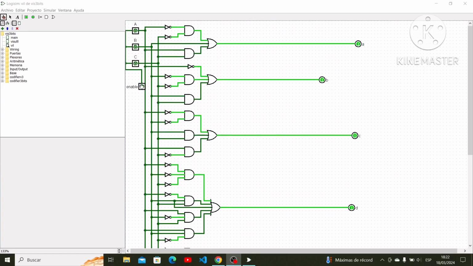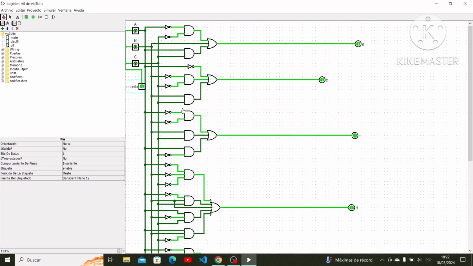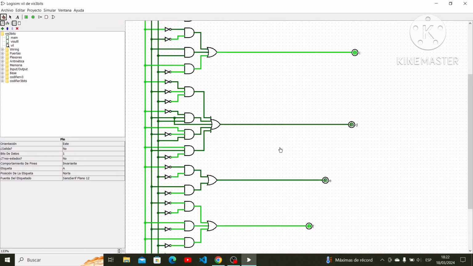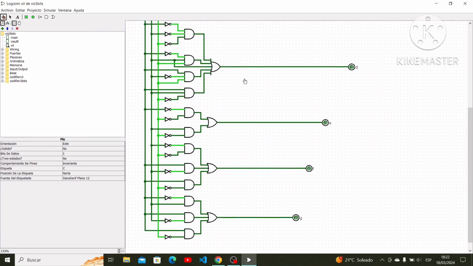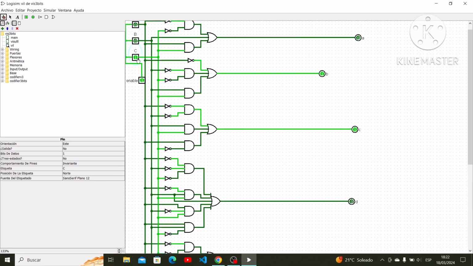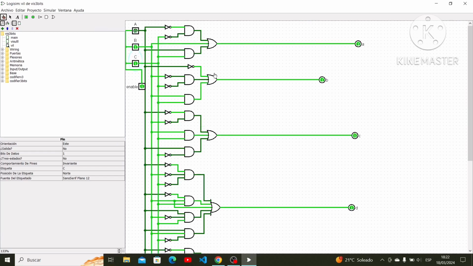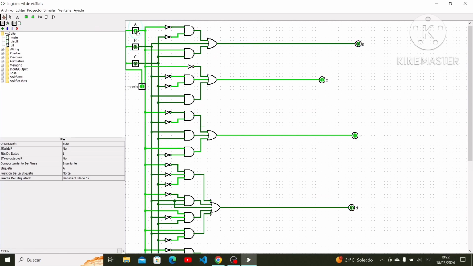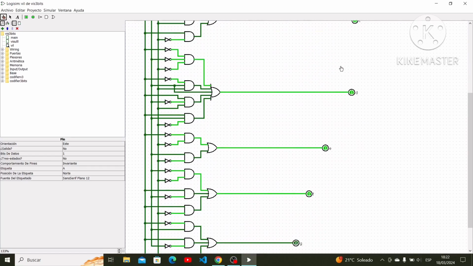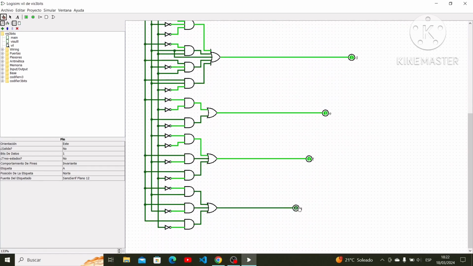First you have to enable them, and then you have the different bits. For example, 001 represents number 1, this represents number 2, number 4, number 3 and number 1. And if you keep everything in 0, it represents number 0, excluding the bar in the middle